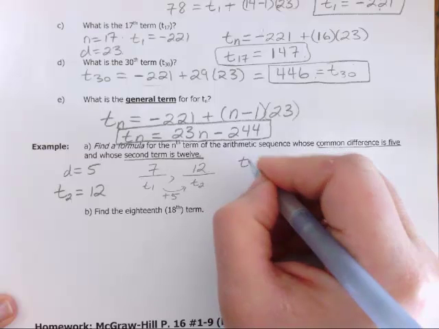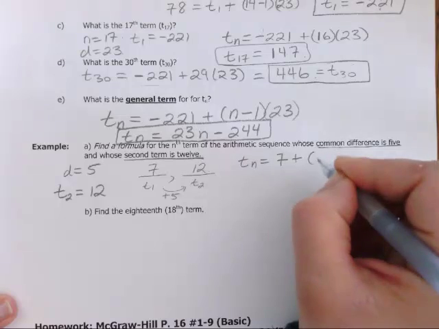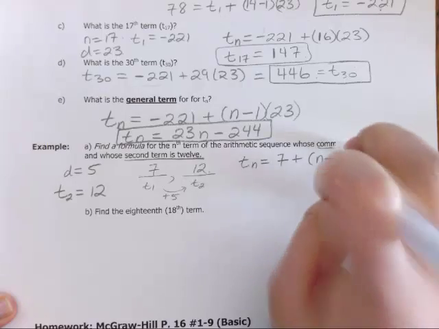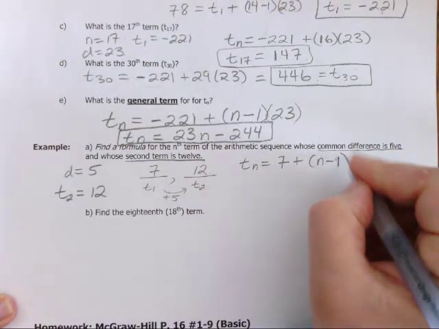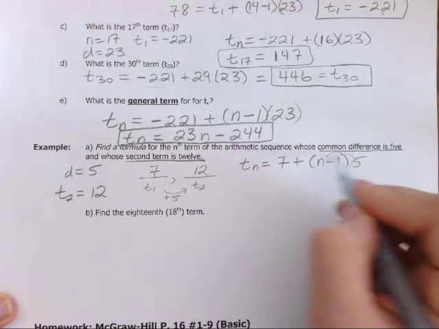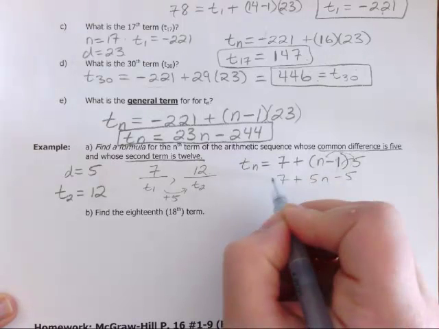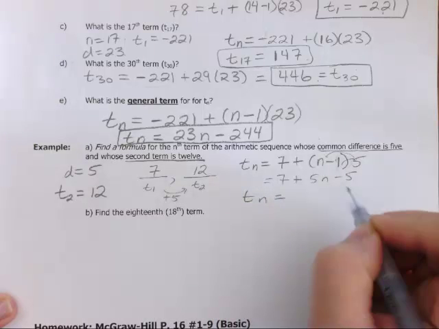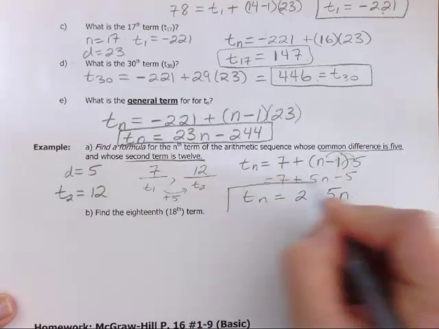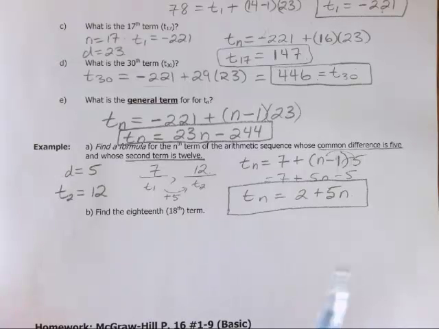So Tn is equal to T1, which is 7, plus (n minus 1) times 5. And then we can simplify this. Make sure you distribute the 5 through. 7 plus 5n minus 5. And Tn is equal to 2 plus 5n. And this is going to give us the general formula to find any